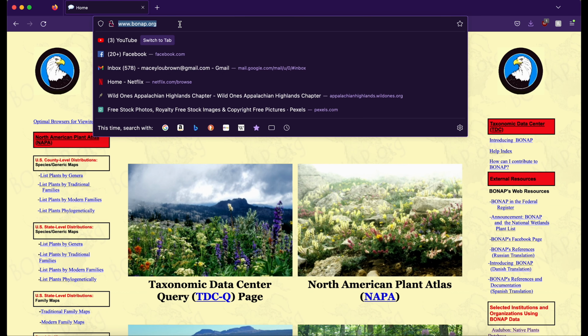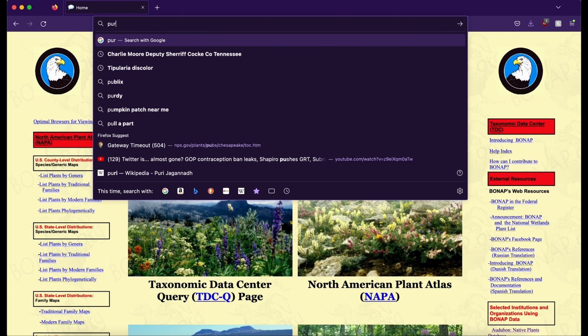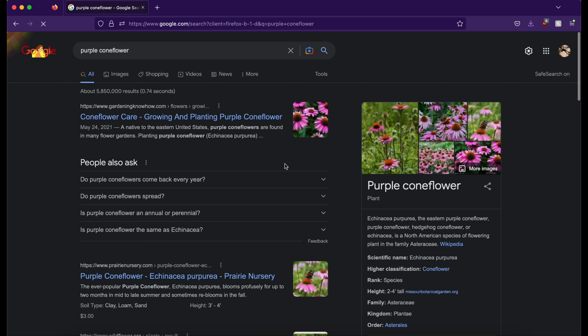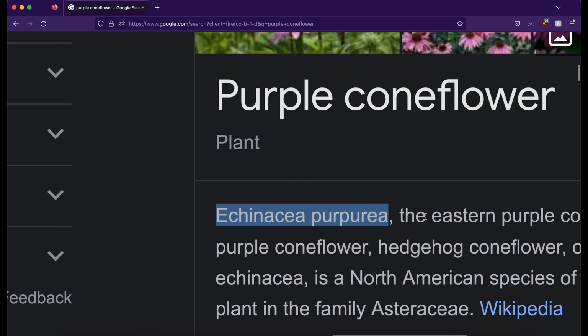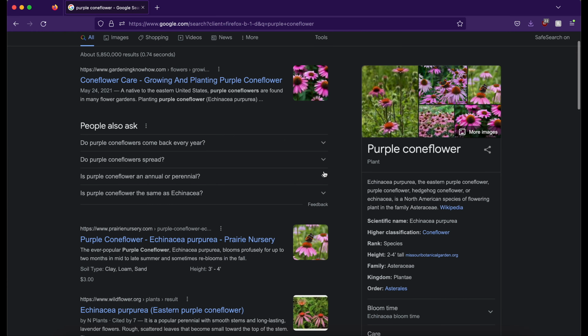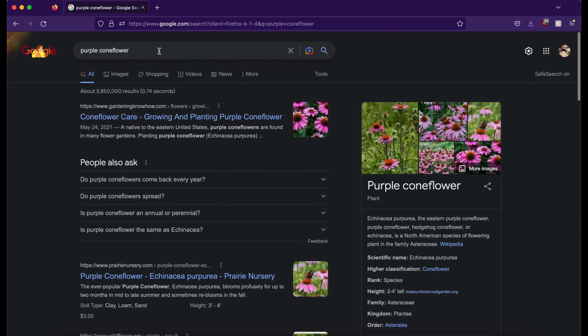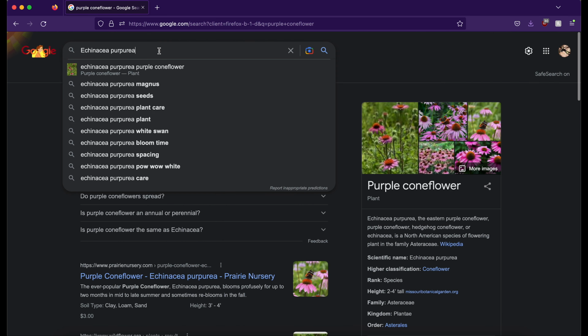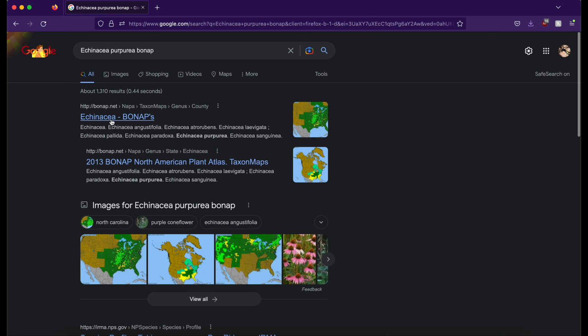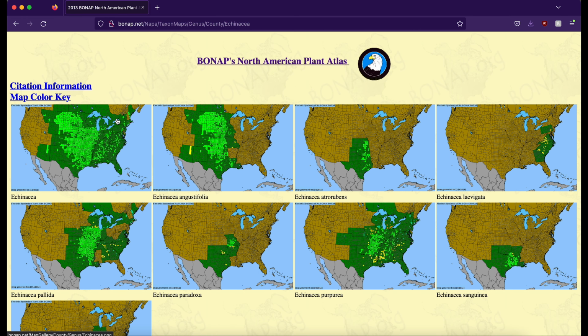The way that I use Bonap is actually I will find out the name of the plant that I want to look up, and then I will Google that and I'll get its scientific name. I will copy the scientific name, which in this case is Echinacea purpurea, or purple coneflower, and I paste it into Google, and then I put a space and then I put Bonap. So what this does is it gives you the link to the Bonap page specifically for the